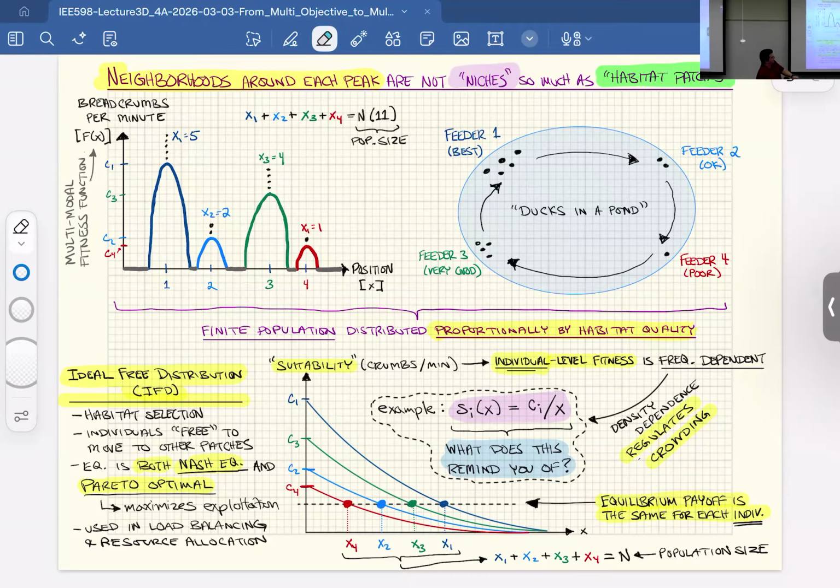And the last thing I'll mention about this, what's cool about the IFD, which connects to our last unit in a sort of tangential or coincidental way, is when we think of these social allocations using game theoretic terms, it is both Nash optimal and Pareto optimal. And we'll see why next time. But just putting that out there, we'll pick up here on Thursday.